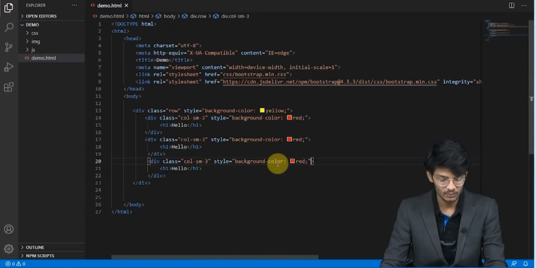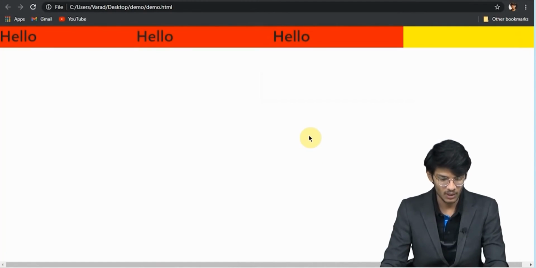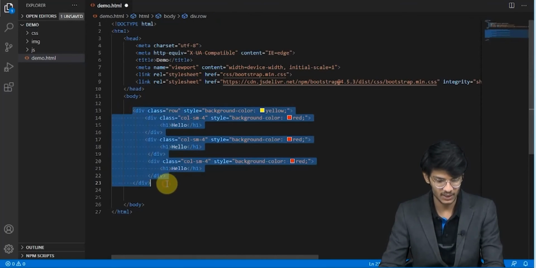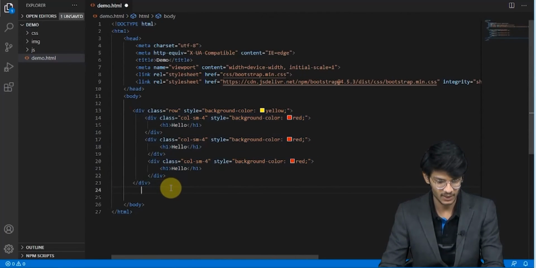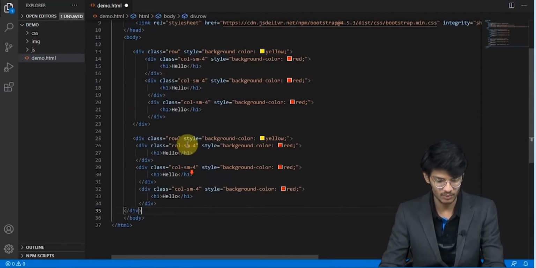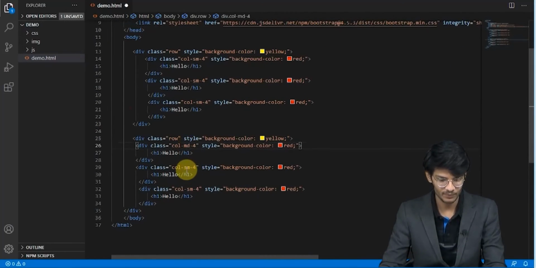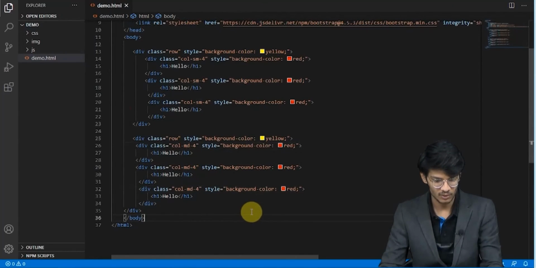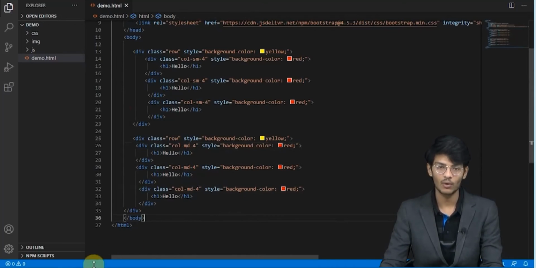So we have created a row. We will just copy this row and paste it here. Now what we will do is change the sm to md and make it 4, 4, 4. So now let's see what happens.